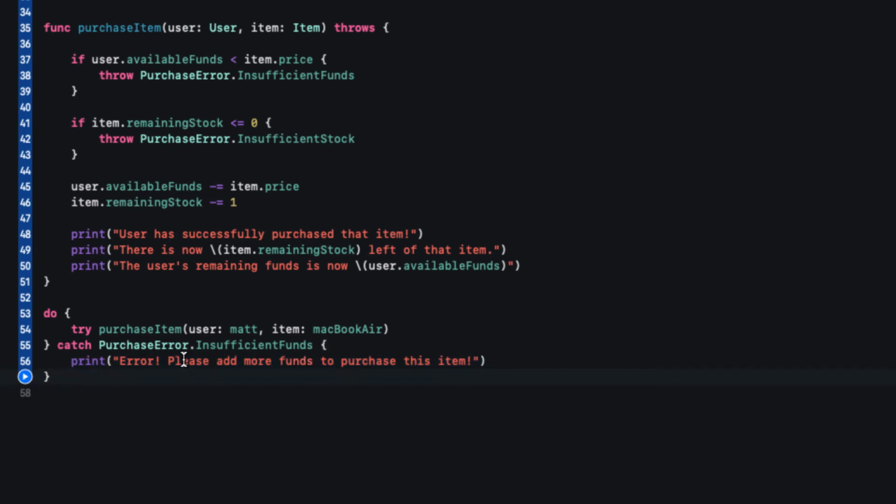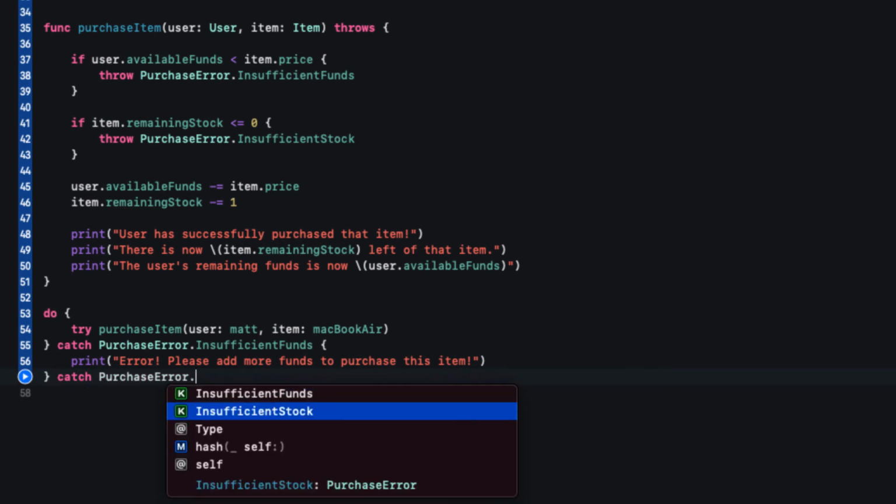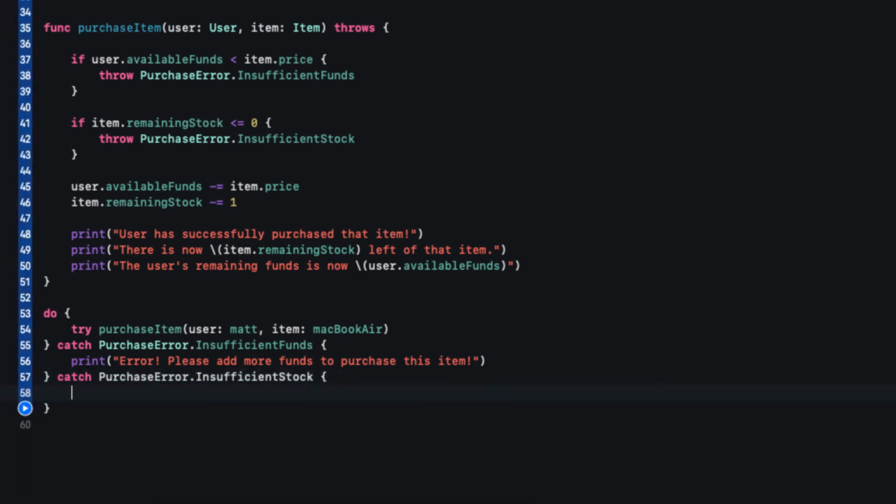But we know there's multiple errors that can be thrown. So what we can do, we can chain up our catch blocks. So after this catch block, we can add another catch block. If we were to throw the insufficientStock error and we catch it, then we're going to print error, item currently sold out. Then what we can do, add another catch block for if we somehow caught an error which